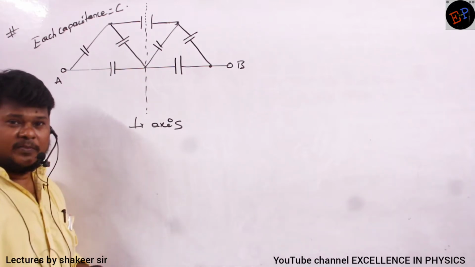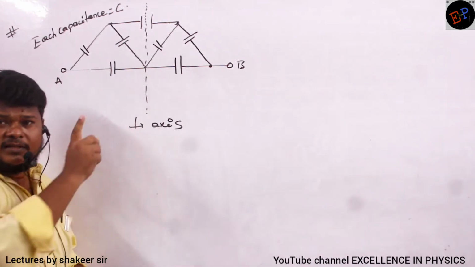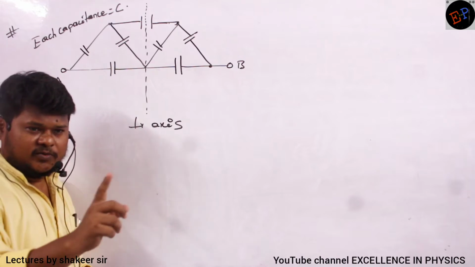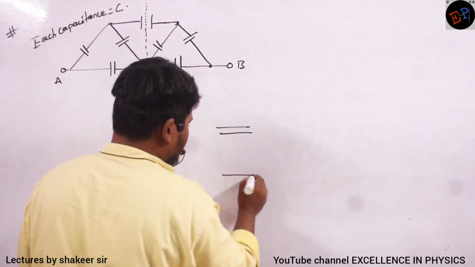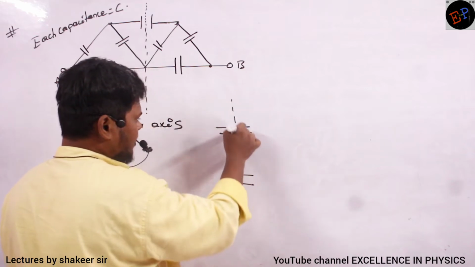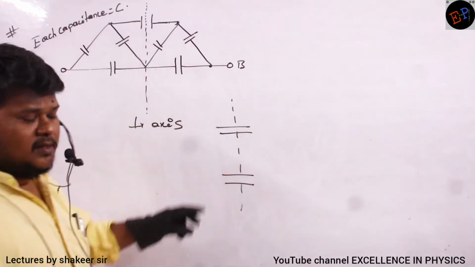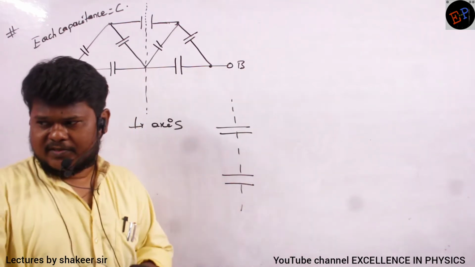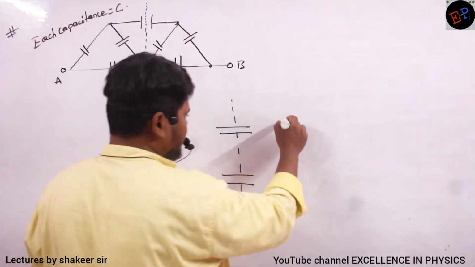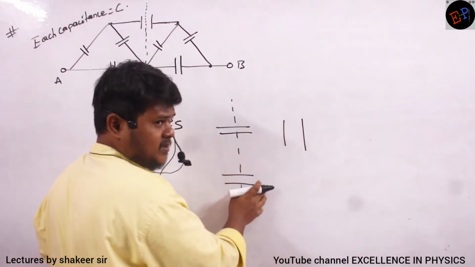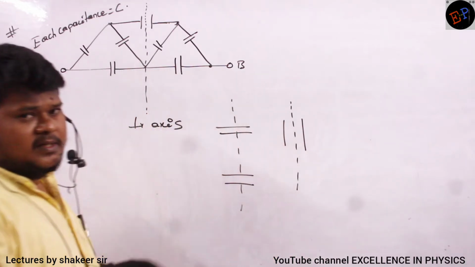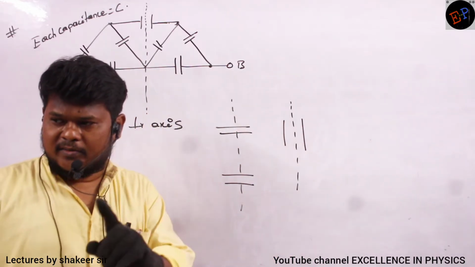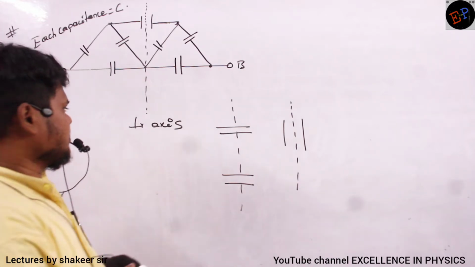It is passing through the middle of the capacitor. In this type of condition, we cannot remove the capacitor. Previously, what was happening, if these were the capacitors, the perpendicular line was passing like this, no? Then we removed these capacitors. But now what is the condition? If this is the capacitor, the plates of the capacitor, the perpendicular line is passing through the middle of this capacitor. In this condition, I cannot remove the capacitor. Are you able to understand?